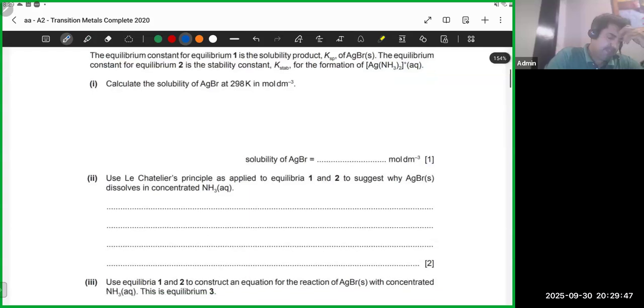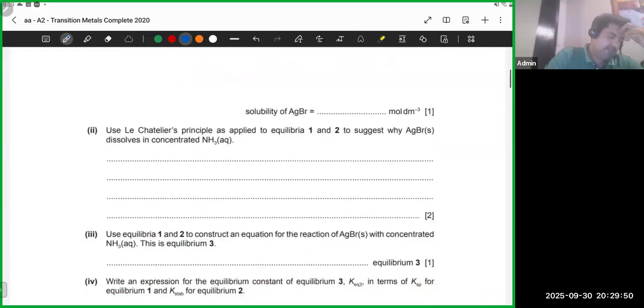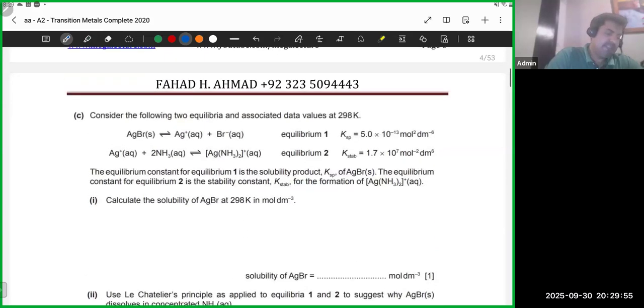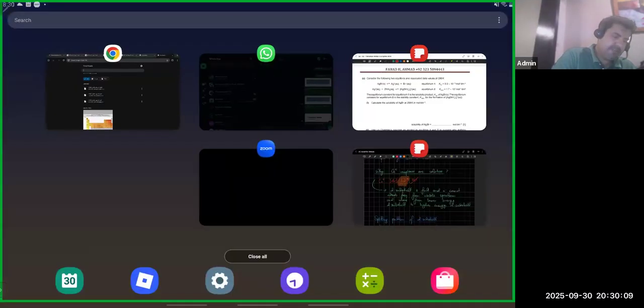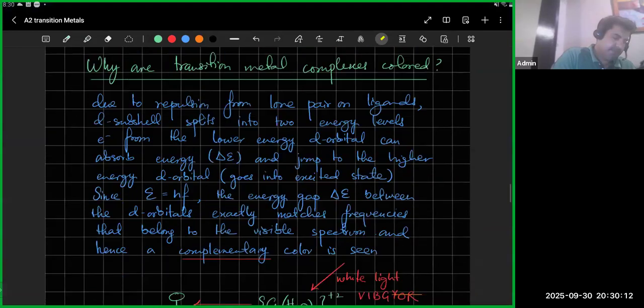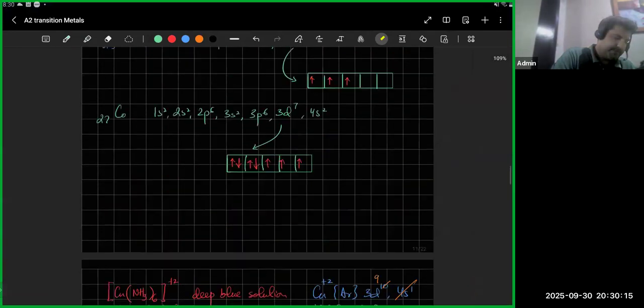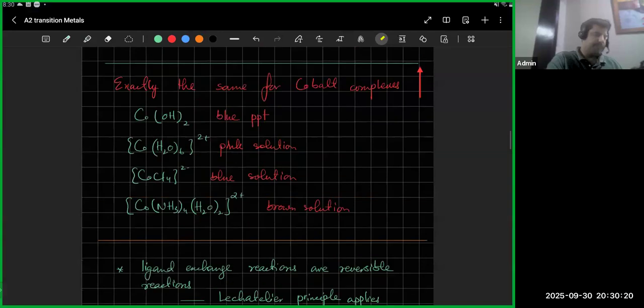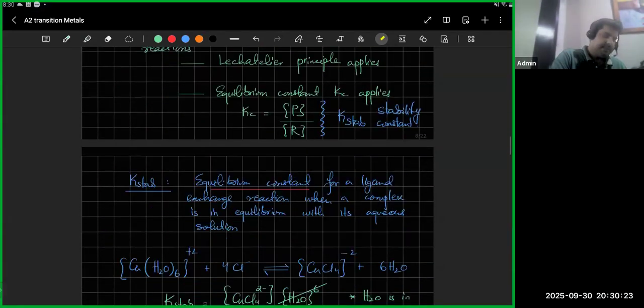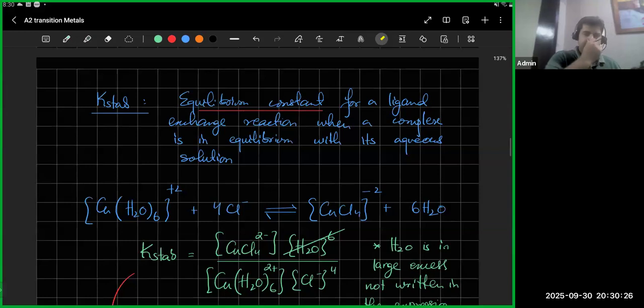I said this one is about K-stab. We can do this. So it's about K-stab. What was K-stab? K-stab was that when you have a ligand exchange reaction, I'm going to revise what K-stab was. Where did we study? I think it was before this. Yeah. So K-stab was